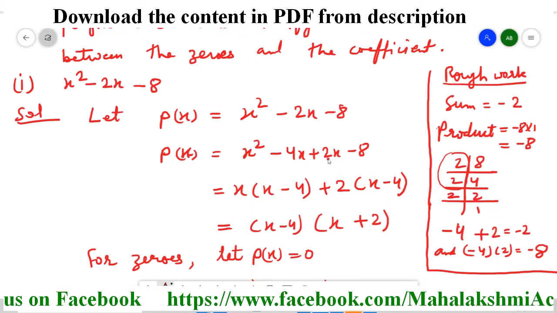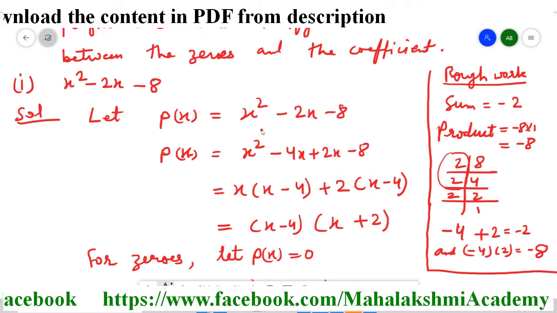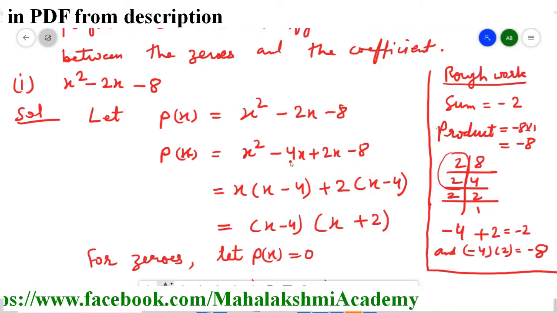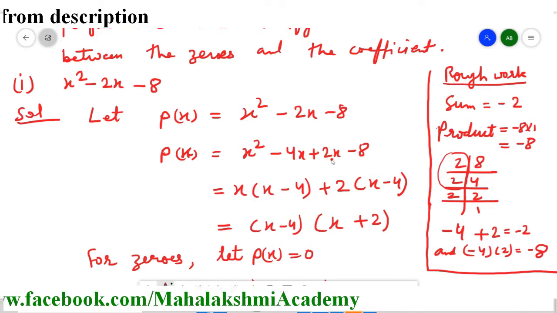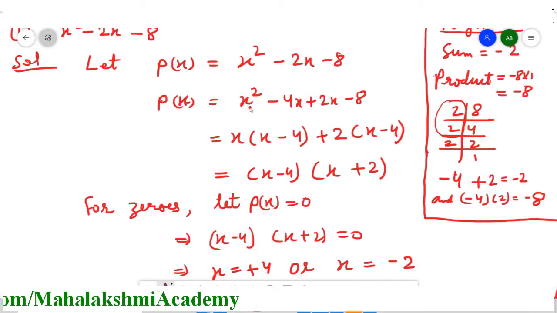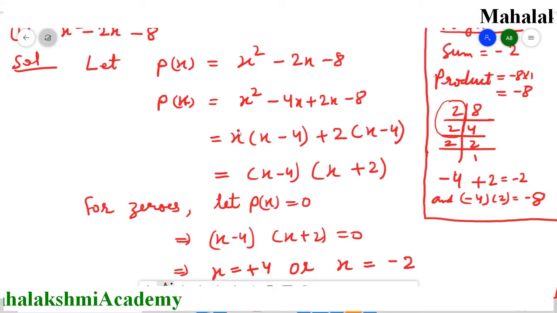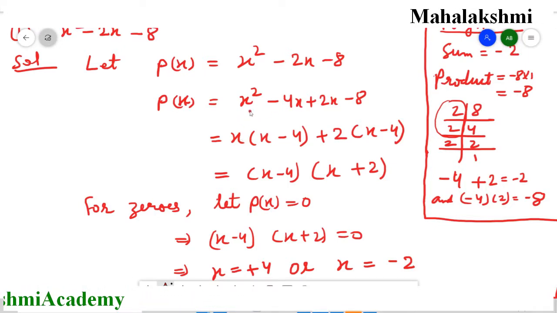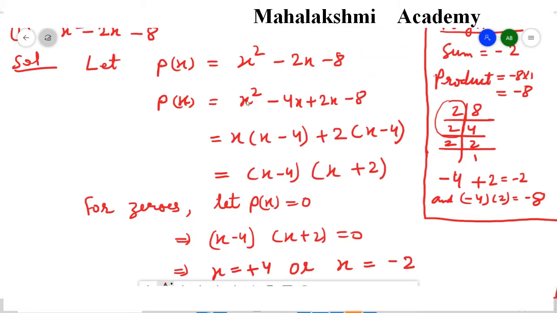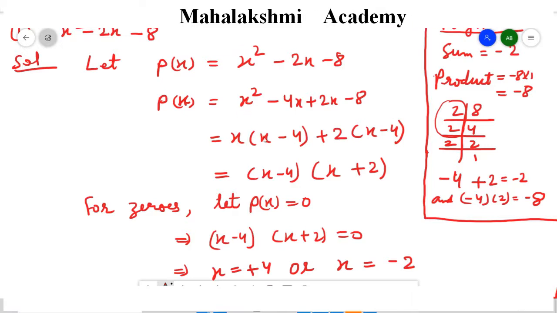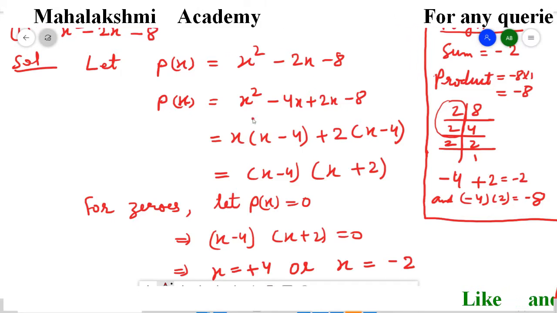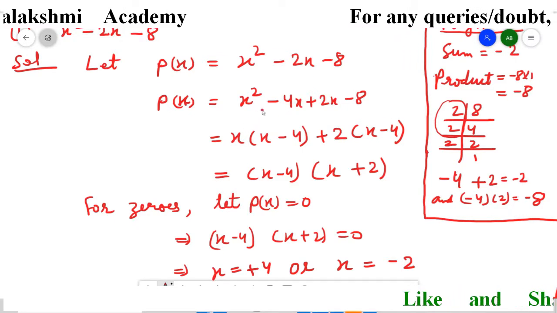So we write here -4x plus 2x. Here x square and -8 will come as it is, and instead of -2x we'll write -4x and plus 2x. Now we'll start to take common. This is our first pair. In this pair, what is common? x is common, so just take x outside. From x square, when we take x outside, just divide it: x square divided by x, what is remaining? x. Now from -4x, when x is common, we have to divide: -4x divided by x, what is remaining? -4.